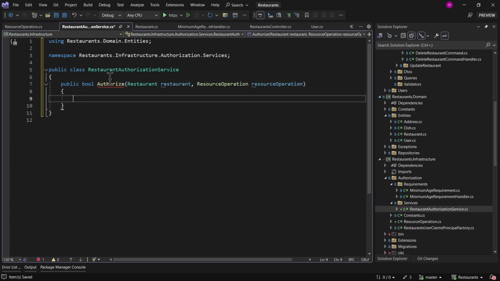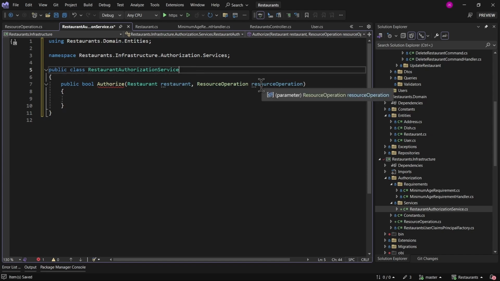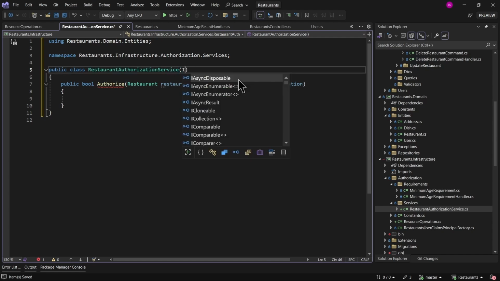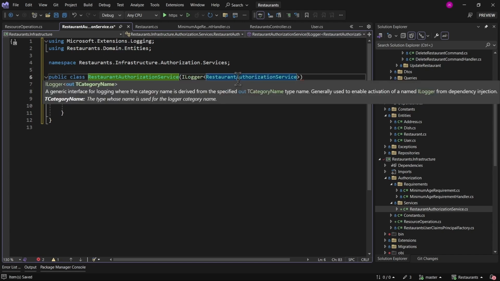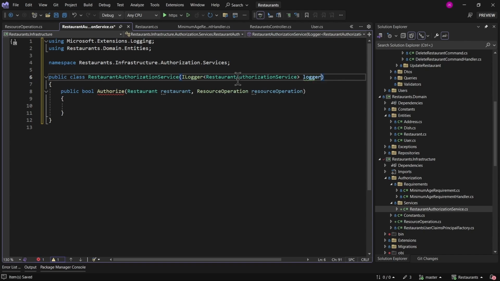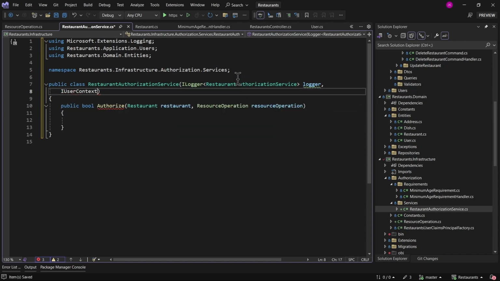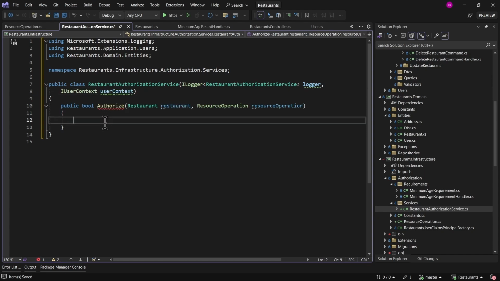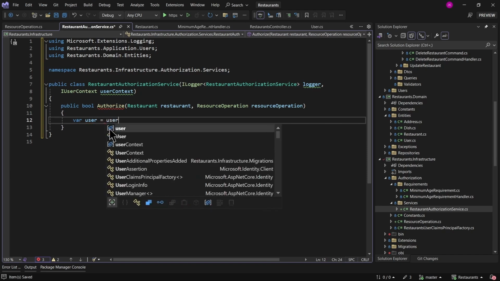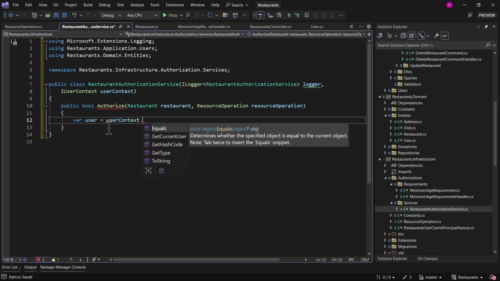Now we'll have to get the user from the HTTP current context and then check our authorization logic for a given resource. But maybe first of all, let me inject the ILogger interface so that we'll have some visibility inside of this authorization service. Besides the logger, I'll also inject the IUserContext service because we will need the current user context inside of the authorization method. So here, let's maybe first of all grab the user as a result of the userContext GetCurrentUser method,